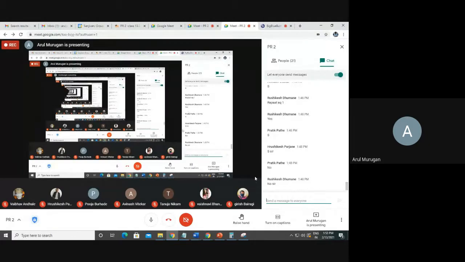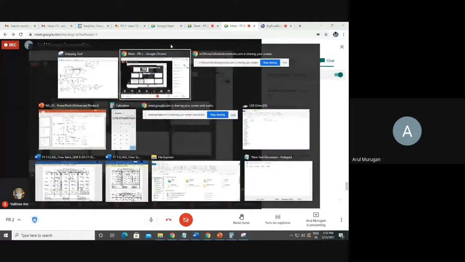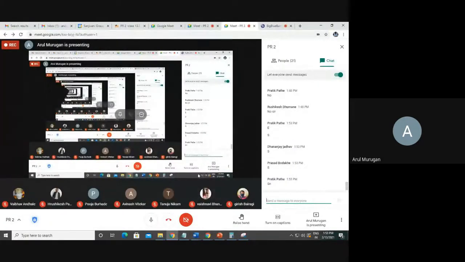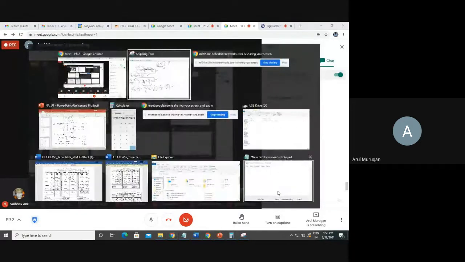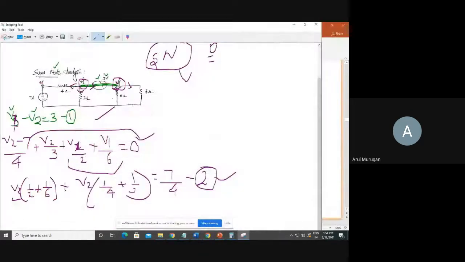Give your reply. If you are clear, then type E. I'm asking you to type it in the chat box. Yeah, good, nice, Pratik and then Rutuja. You are a good observer. Vaibhav, good. Jadav, yes, very nice, good. So any members who do not understand, you can type it. Then I will complete it before I switch over. Okay, so that's all about that.